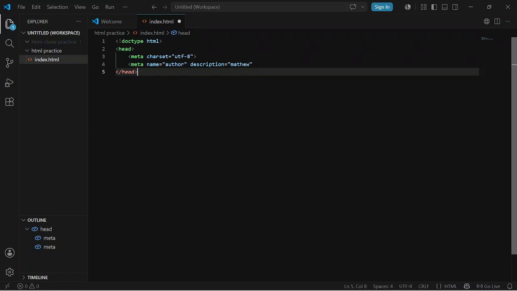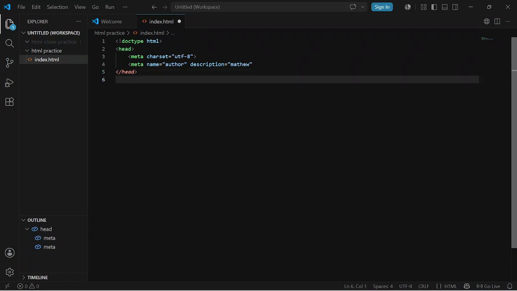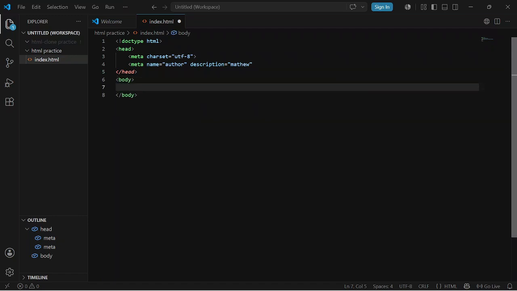And yeah, let's go to our body. So the body element contains what our viewers will be seeing on the web page. It contains everything, starting from the heading,